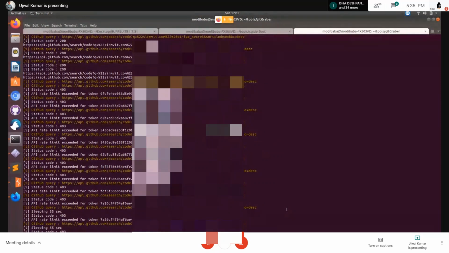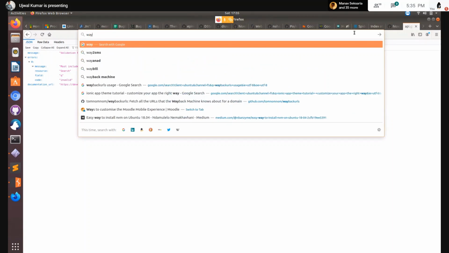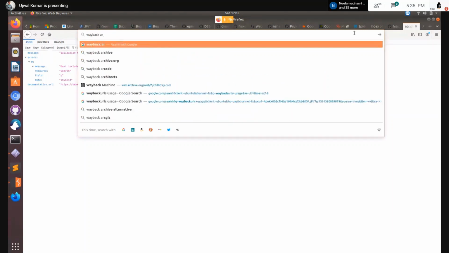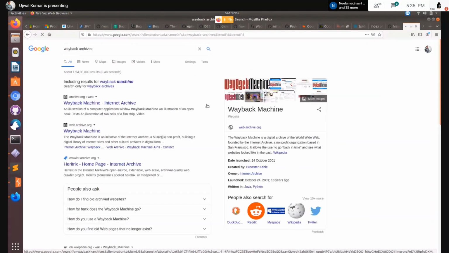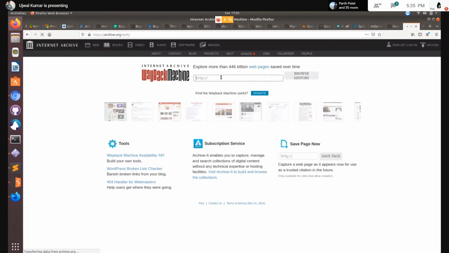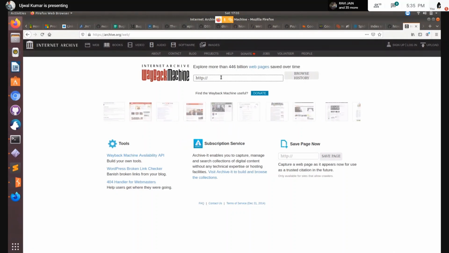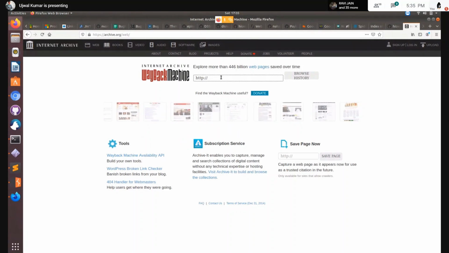There's something called the Wayback Machine, which has records of all the previous versions of a website. I'll just show you Wayback Archives. So this is the Wayback Machine. It is the Internet Archive, which has been maintained for 18 years, and you can browse the history of any old website from any time, and it has a lot of data.